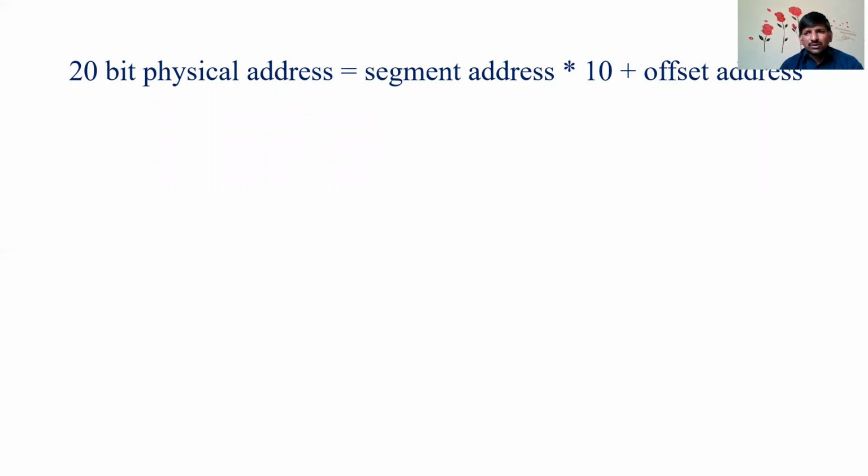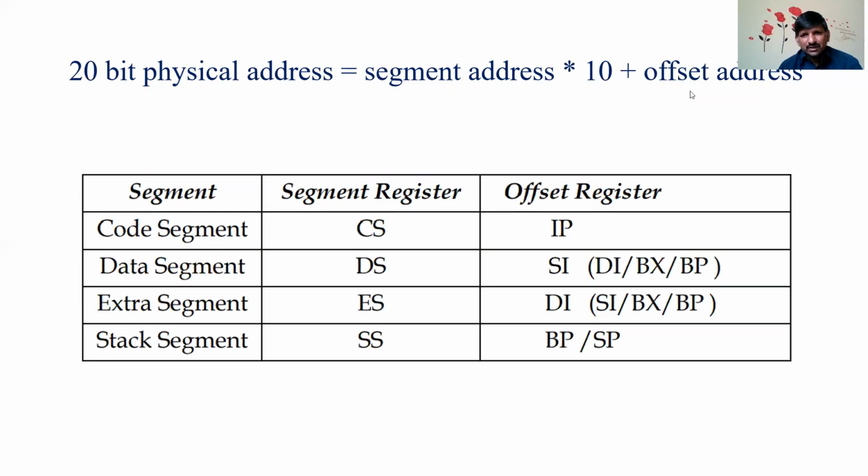So the information, whether instructions or data, is stored in a particular memory location that contains a segment address and offset address. In that segment, at the particular offset location, the information is stored. So if your processor wants to access it, first it requires in which segment the information is available. We require the segment address that is multiplied with 10, plus in that segment which location specifically, that is the offset address.